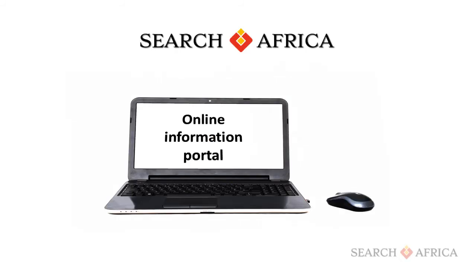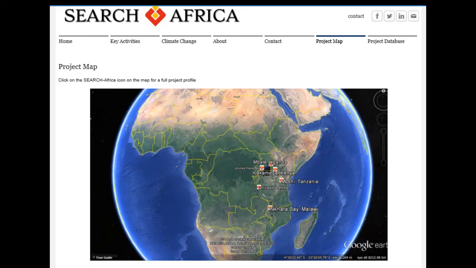Now, the data generating system is dealt with a little bit more in the text part of our application, so I'll just say a word on the online information portal. And this is what we envision it might look like. This is a screenshot of the Search Africa website, and on it we will have a project map, which is an interactive map with icons on it indicating the location of the various facilities. After the pilot, which will deal with 10 facilities, we will have 10 icons. An interested person or party can then click on the icon to get more information on that selected clinic or